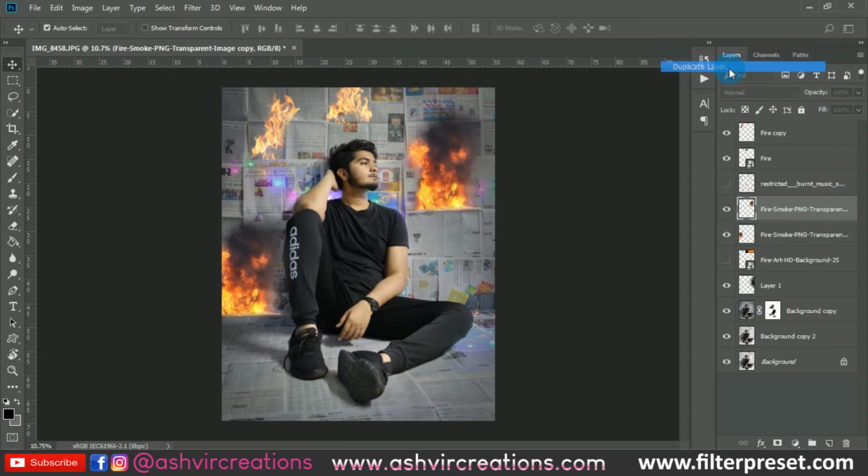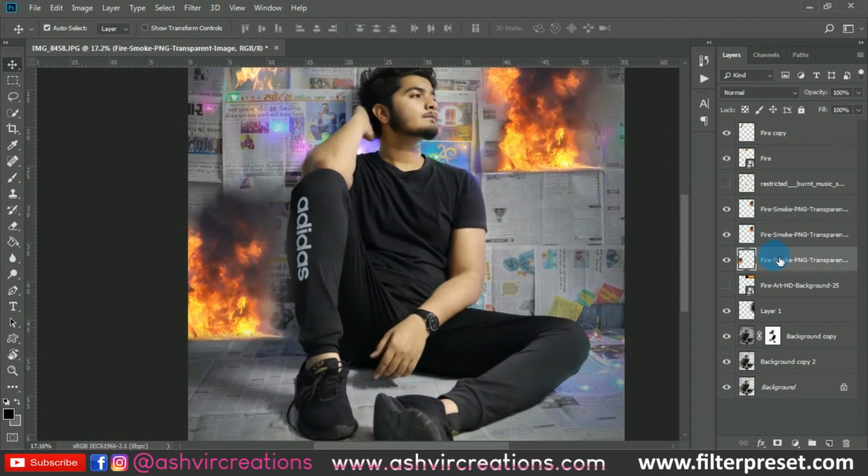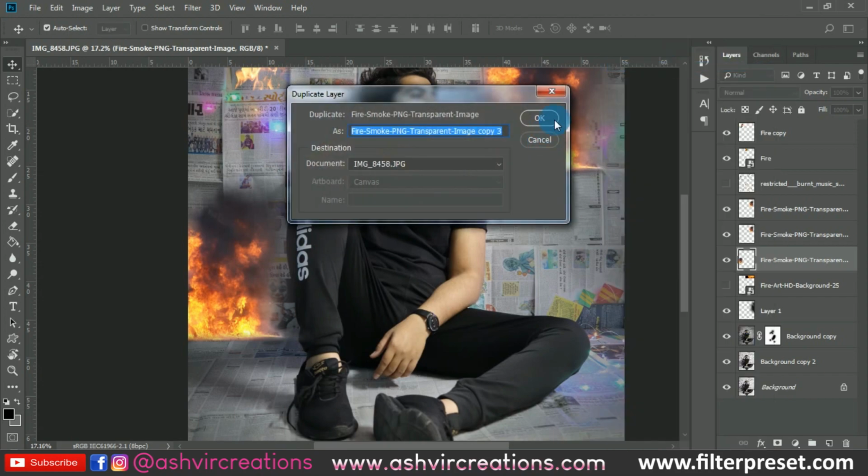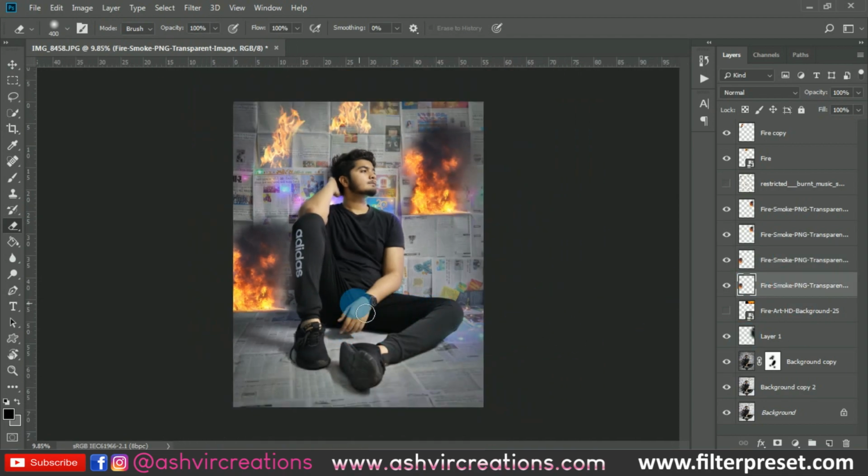Now let's duplicate the smoky PNG. Just right click on it and select duplicate, or directly press Ctrl J from the keyboard. Let's do the same process on this PNG also, because this will brighten it up and make it look more enhanced. So we are going to duplicate, and let's just erase